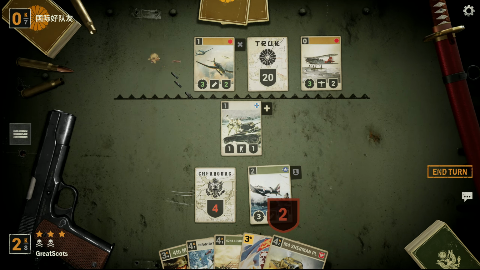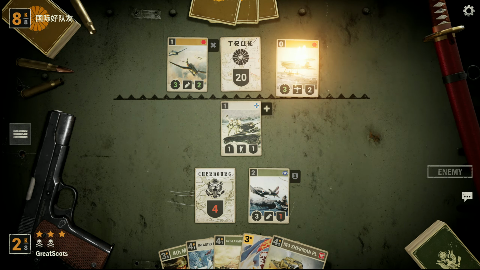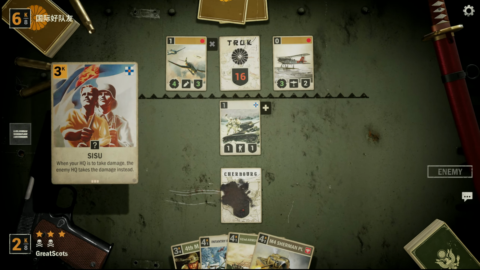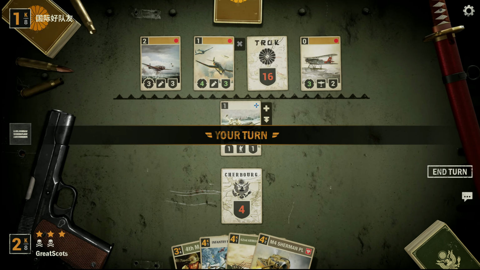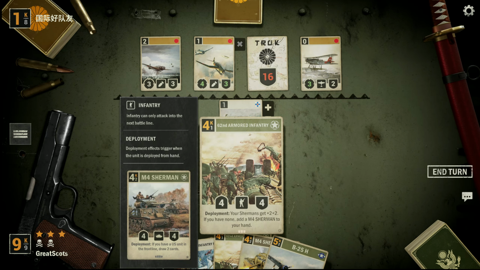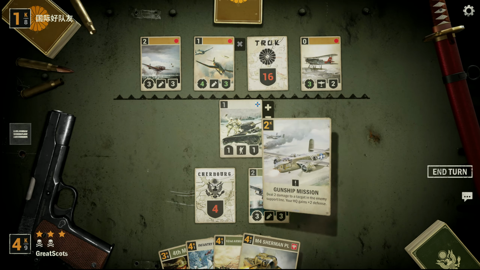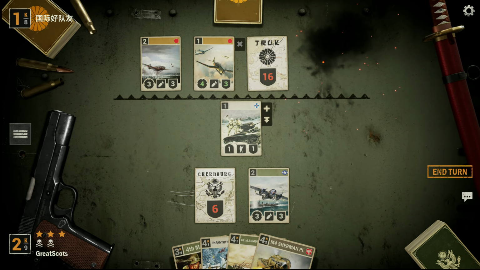Yeah, I mean, we have to try to take out one of these here. And, yeah. Doesn't blitz, unfortunately. Another... Dude. All in on the Japanese bombers, man. I've never quite seen that one. So, of course you're pinned. Yeah, of course. Shermans get +4/+2. Salvage, that doesn't do anything. I don't think any of this does anything, really. I mean, we can gunship mission that away. But it's not enough to deal with that, and we don't have enough over here, so...